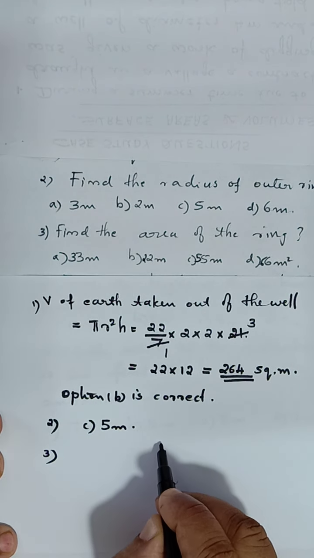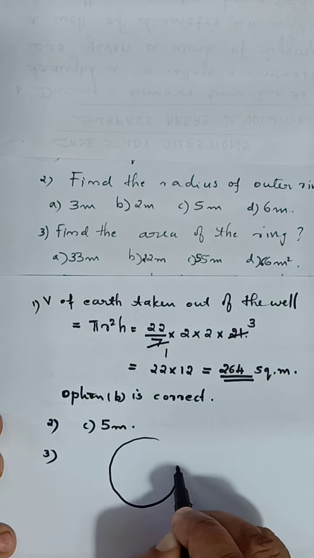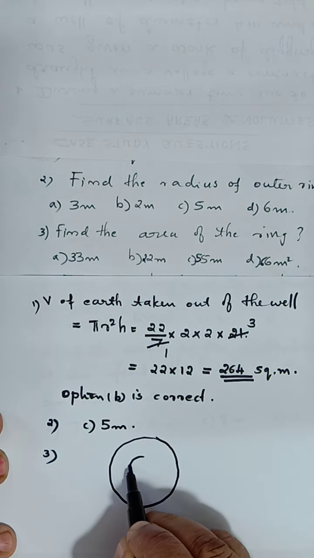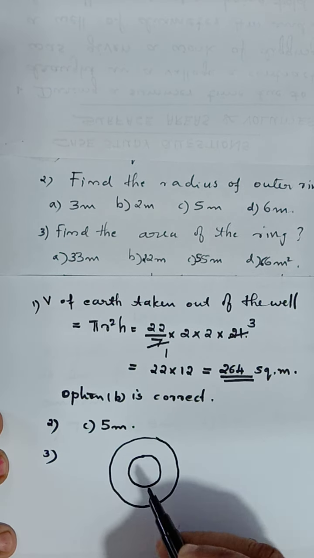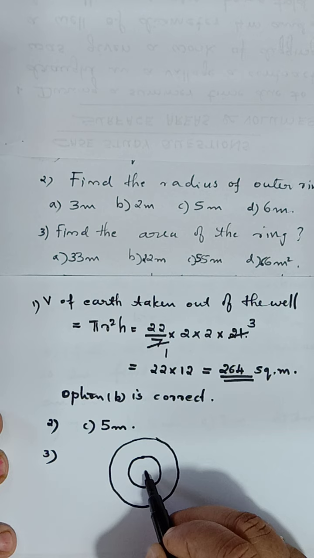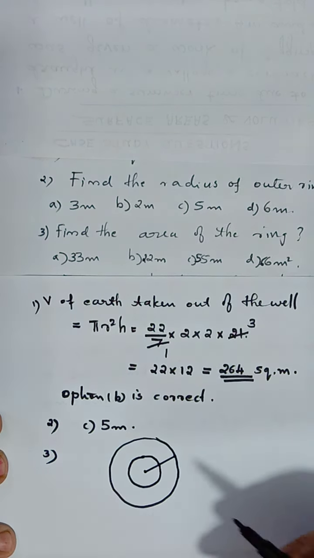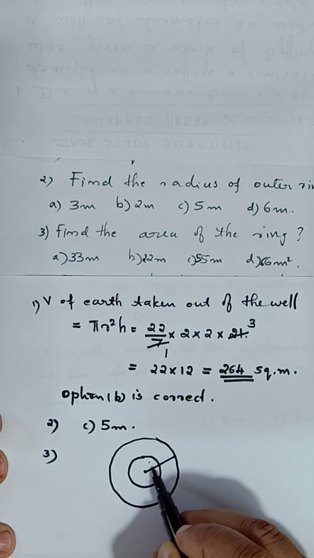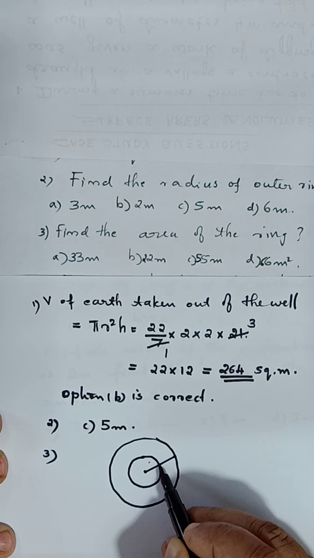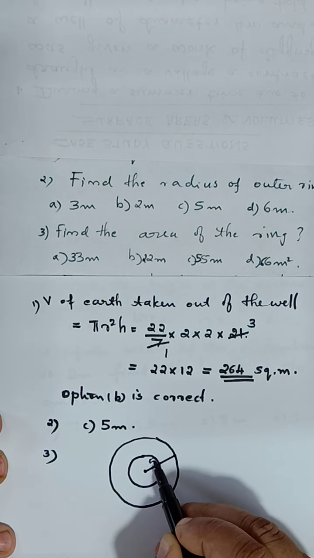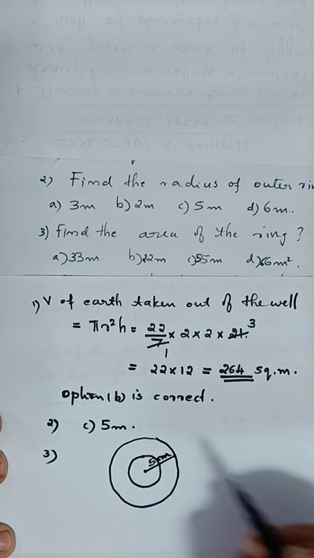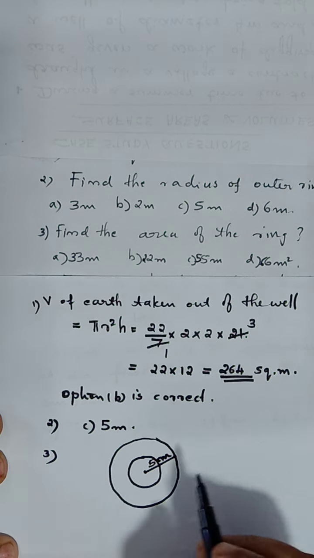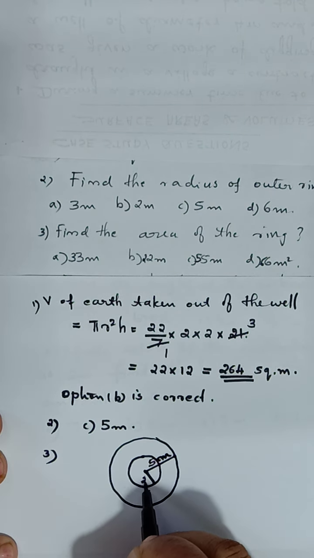So how to do that? First we have the outer circle. This area we have to find out. Then we have to find out the area of the inner circle. Then we should subtract. We know for the outer circle, the radius will be, here it is 2 and here it is 3. Radius is 2 for the inner circle plus width is 3. So totally here we have to consider 5 meter. 5 meter is the radius of the outer ring. Now the radius of the inner ring will be 2 meter.